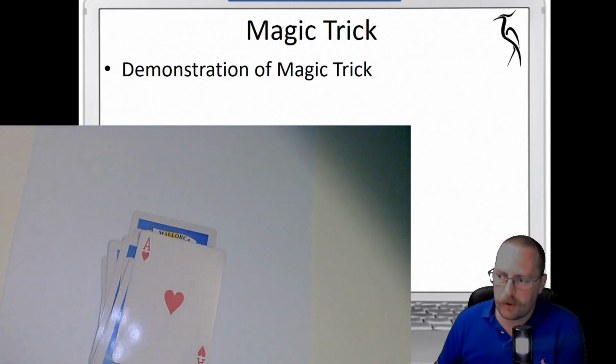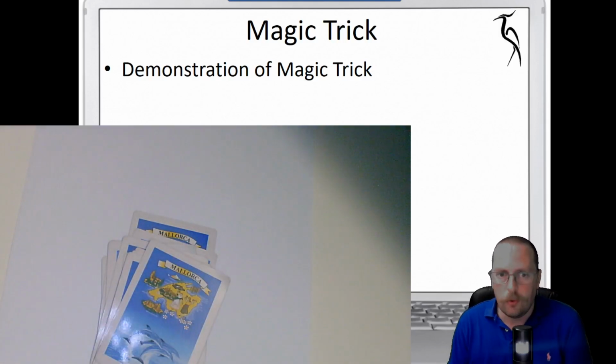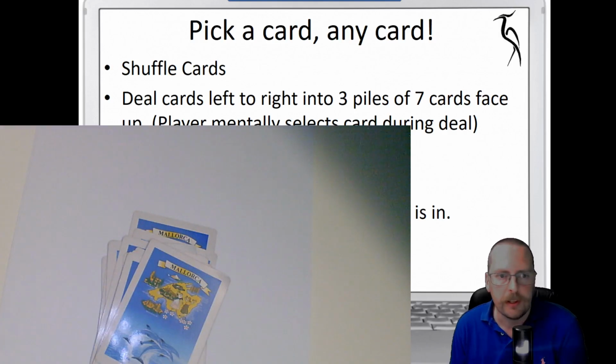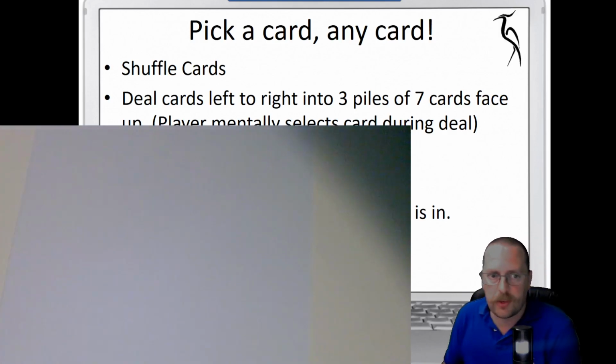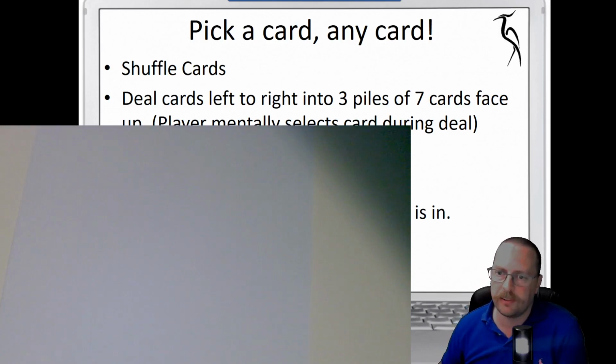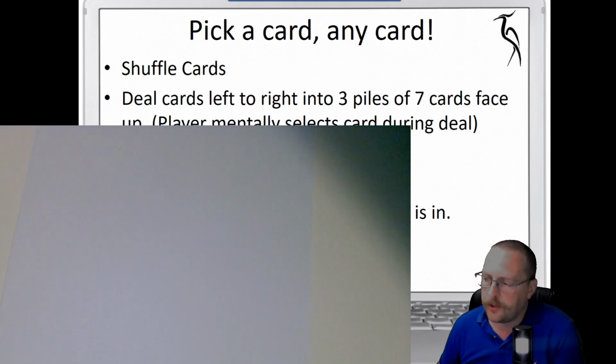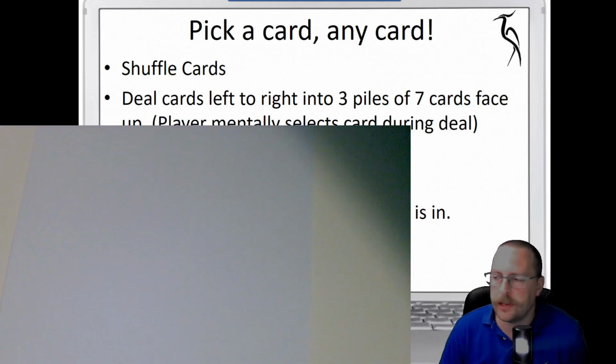Now it's very simple how we perform this trick, and what I've got here is the instructions of how it actually happens. So we shuffle the cards, we deal out cards left to right in 3 piles of 7 cards face up, and the person picks a card, and they tell you which pile it's in. You then collect the cards up and repeat the deal. The player again tells you which pile the card is in, and then you repeat again, and then you reveal the card. Now the mathematics behind this